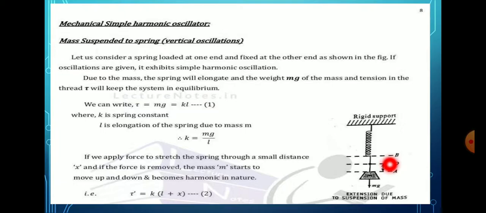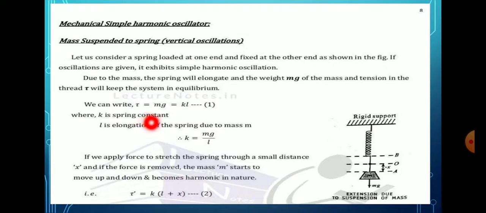Let the force required for it be minus F. Then the upward restoring force generated within the spring will be plus F. Due to the mass, the spring will elongate, and the weight mg and the tension T in the thread will keep the system in equilibrium. We consider T is equal to mg, that is equal to kl, equation number 1,